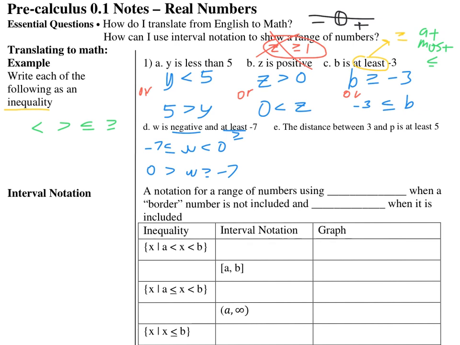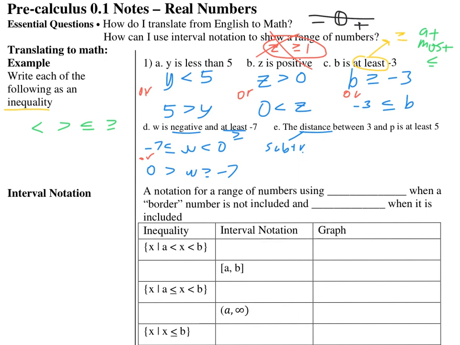All right, last one here is even trickier still. Oh, let me put an or right here. And so this one, it says the distance between 3 and p is at least 5. And so whenever I think about distance on numbers, distance is always subtraction. And the reason distance is subtraction, if you think about it,